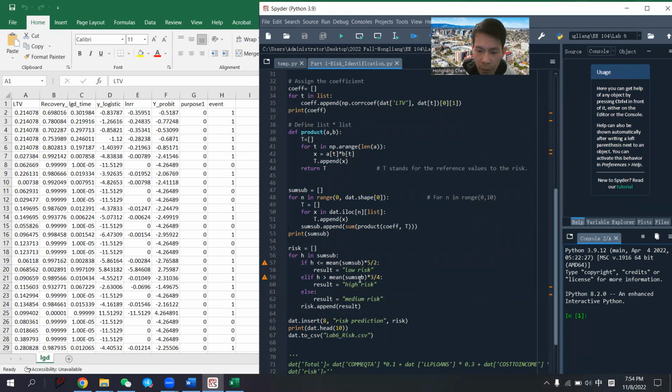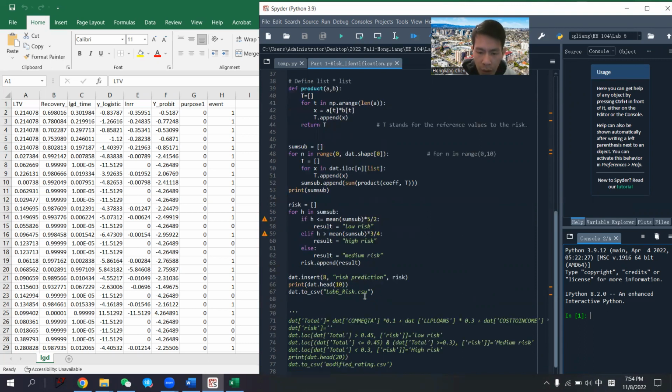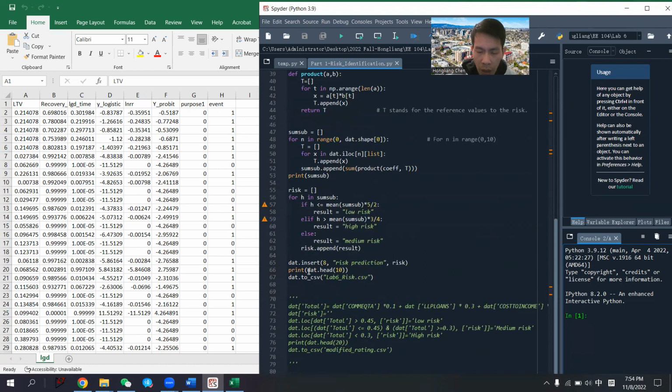If it is higher than 3/4, I identify it as a high risk. The rest will be medium risk, and then I will print out all the risk predictions, and then store